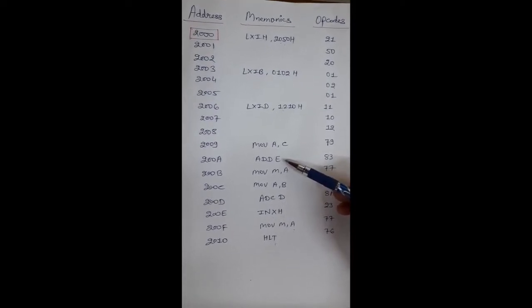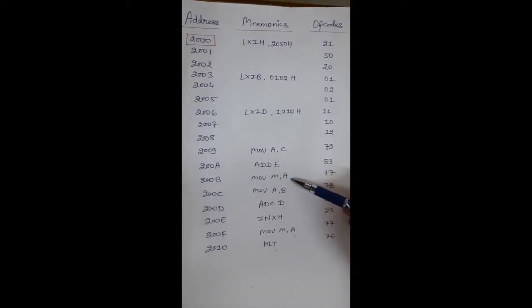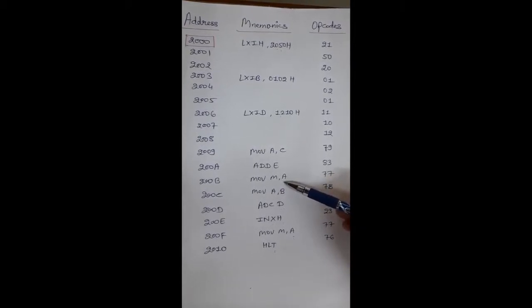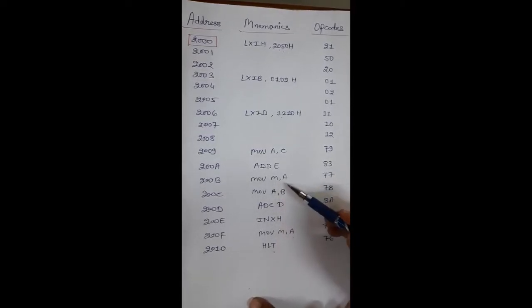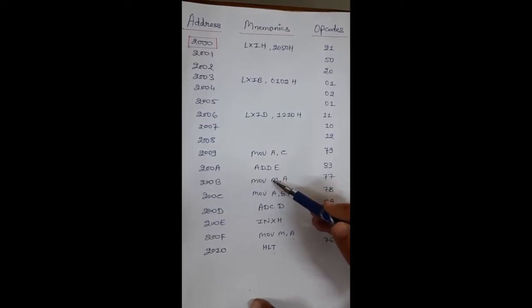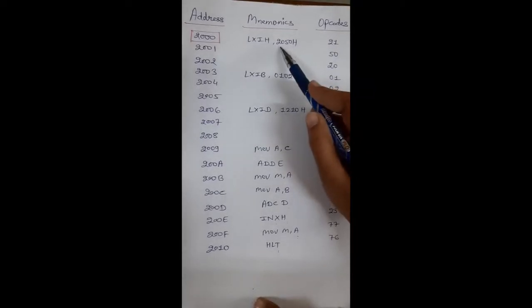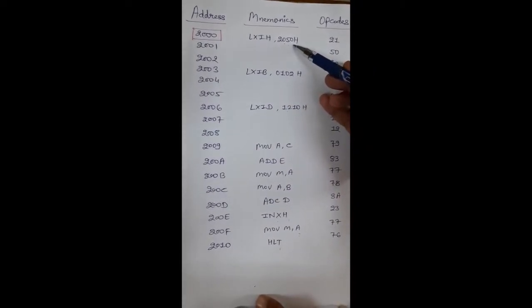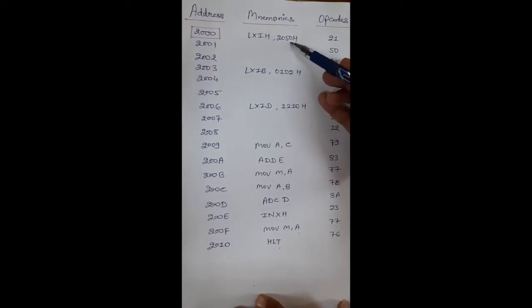So we will save the result at some memory location with the help of this instruction. So here, with the help of this, the result of LSB bits will be stored at memory location. What is the memory location? Which is addressed by this address 2050. So the value will be stored at 2050 memory location.